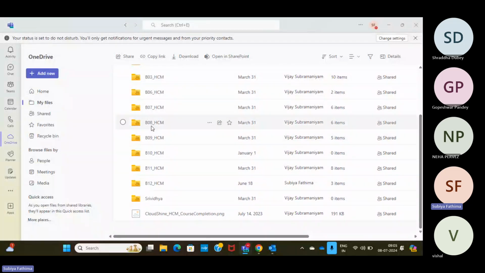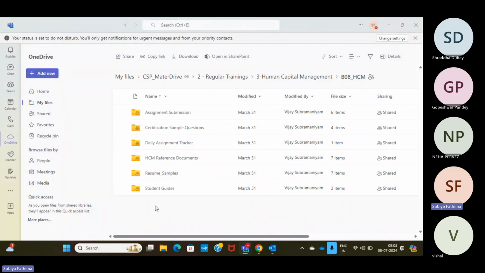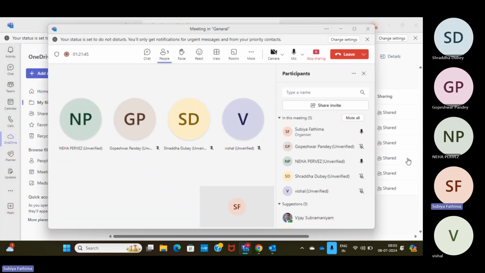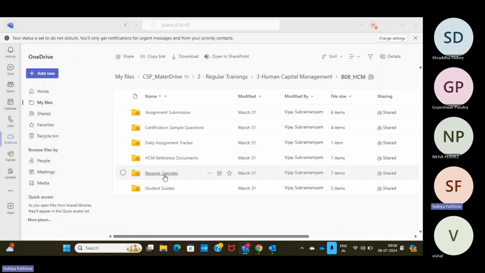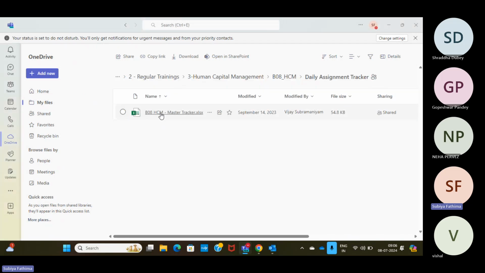So let me just go to a random batch. And you can see we have uploaded the student guides and also the resume samples. Okay. Resume samples also at the end of the training. I think Neha can give you an idea regarding the resume, like how to create it, etc. However, I have uploaded the samples. You can make it according to that. Okay, we will also upload some reference documents,